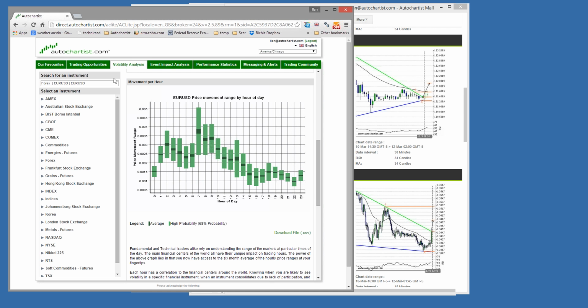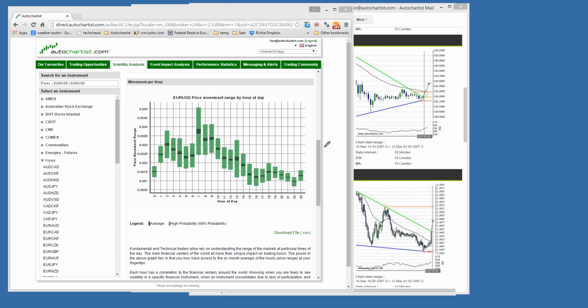If you click on volatility analysis, Autochartist will provide you the expected volatility for all different instruments that you choose. I've got Euro US dollar here right now, and the way to read this chart is that the bottom axis describes the hour of the day. The axis on the left describes the price movement range. Let me walk through one of the examples.